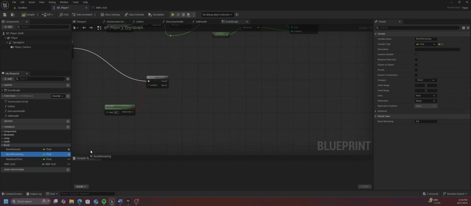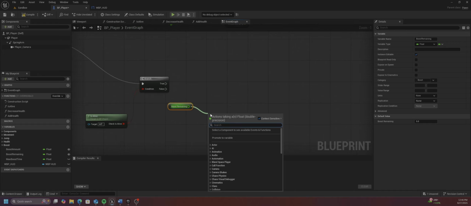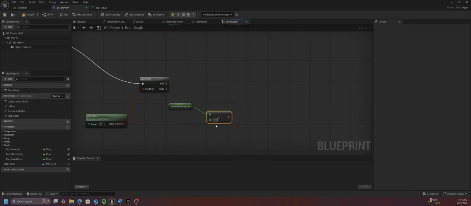The way we're going to do that is we're going to get our boost remaining. Right now we have it at 5 seconds, and we want to do a less than. If we hold the shift key and get the less than symbol, less than 100. So if our boost is not 100% full,